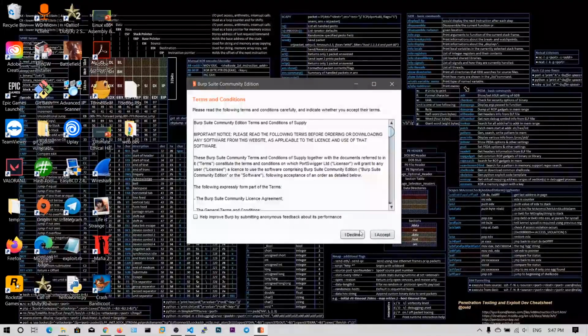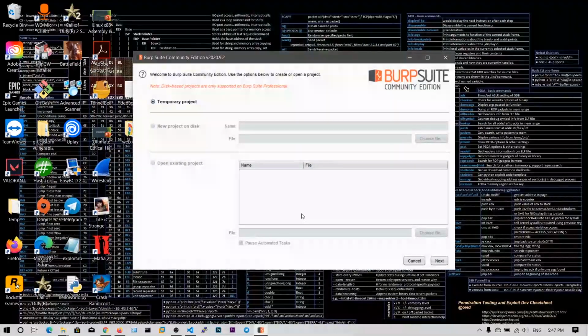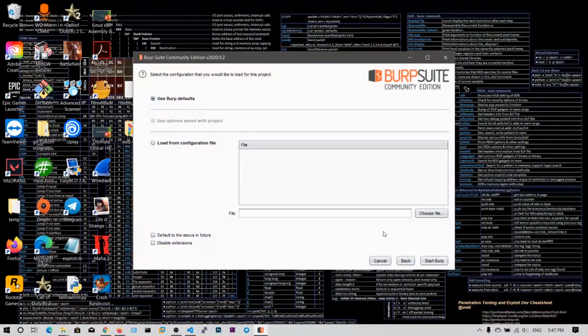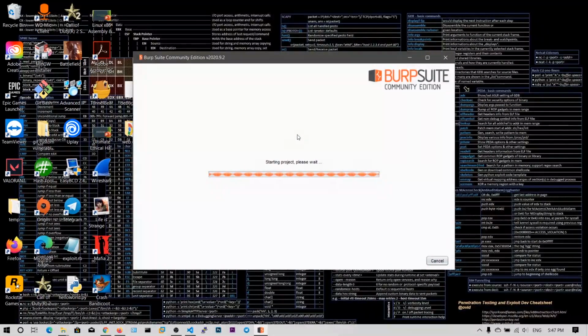I don't want to send any feedback. I accept. For now we don't create any projects. I'm going to choose the temporary project and click on next. Okay, I want to use the Burp default settings. Click on next.